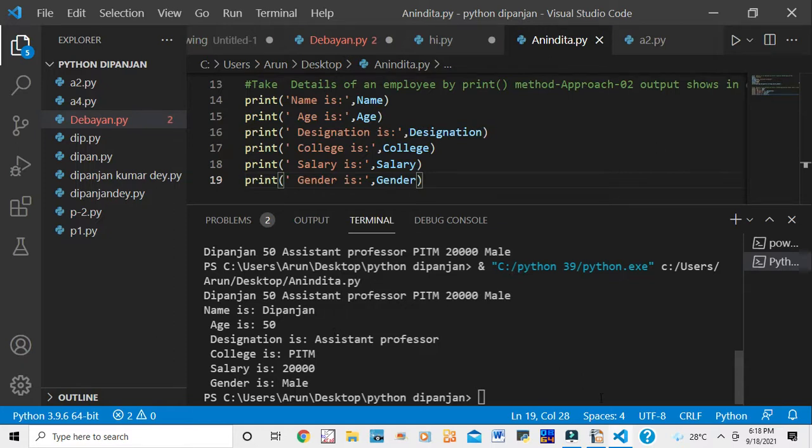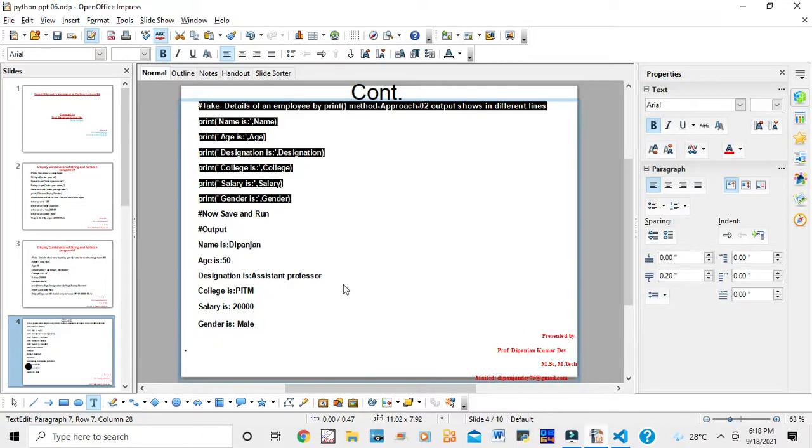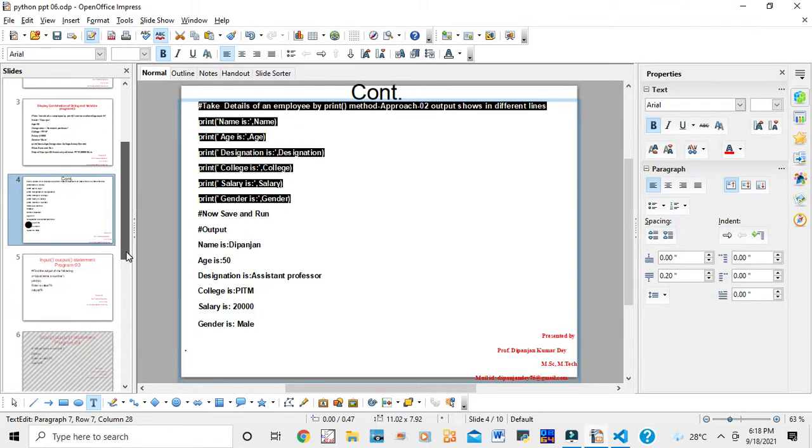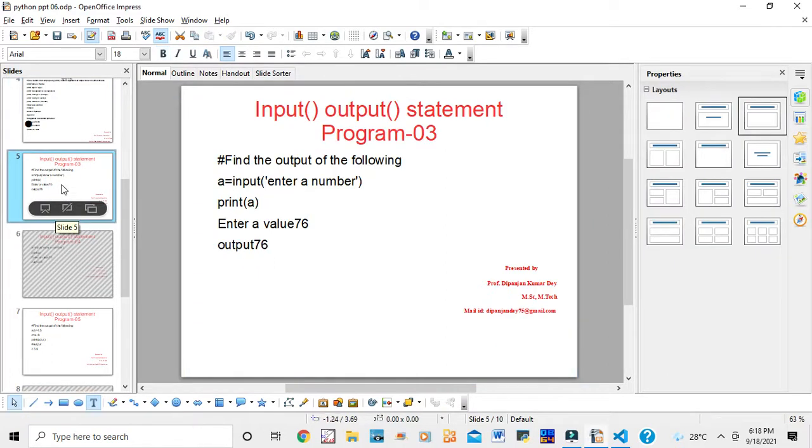Now I am going to my slide. This is slide number 4. Now I am going to the next slide for running some program. This is a very simple program, two-line coding.